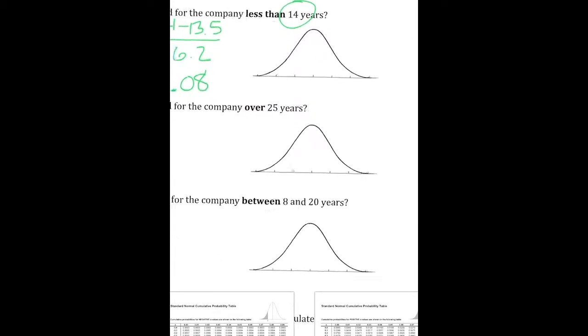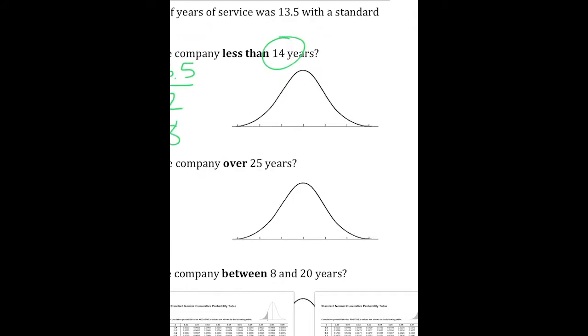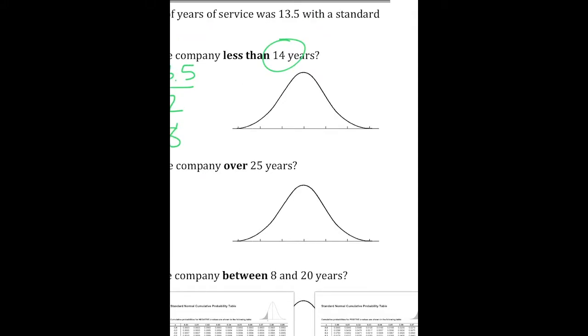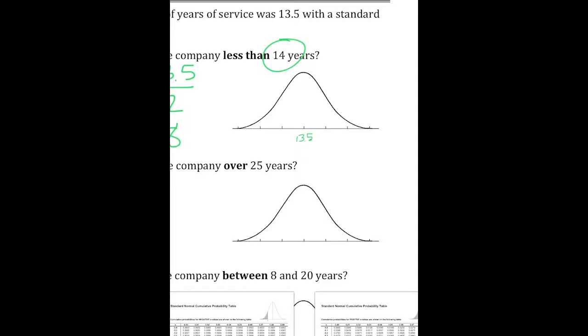Okay, so then if you move over here, we have a z-score of 0.08. Average in the problem is 13.5, right? So we can put that here in the middle because that's where average goes. And if you wanted to label more, one standard deviation, a standard deviation is 6.2 years. So if you have your average of 13.5, plus one standard deviation of 6.2, that will put you at 19.7. So then when you look back at your image, you'll be at 19.7 as one